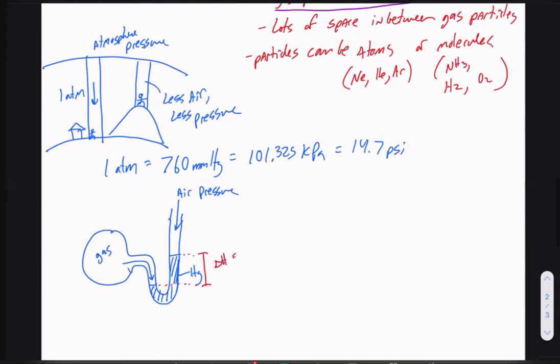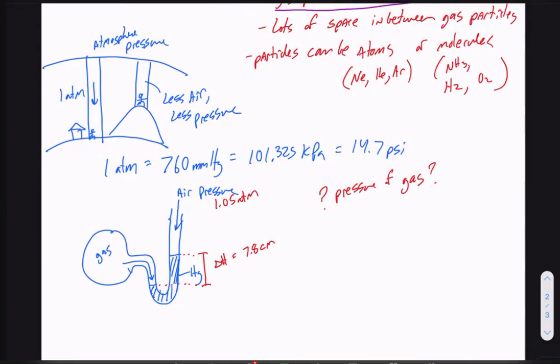So let's say in this instance, the difference in height was 7.8 centimeters. And let's say that the air pressure that day was 1.05 atmospheres. What's the pressure of the trapped gas? Well, first things first, just look at the picture and decide which has more pressure, the air or the trapped gas, which is pushing harder. Yeah, the trapped gas is clearly pushing harder, so therefore you know the value for the gas must be greater